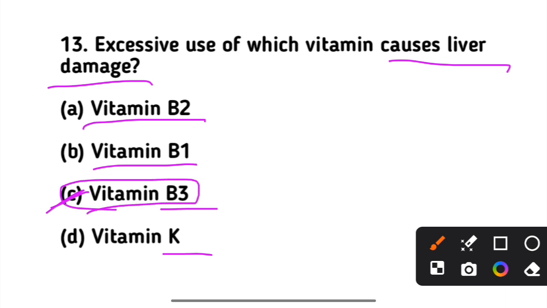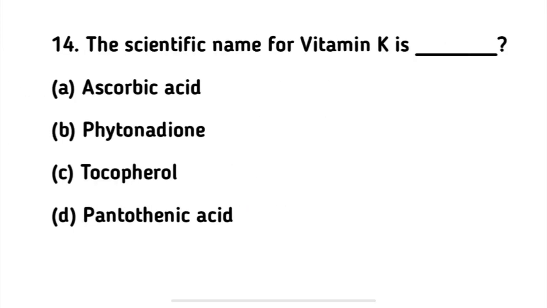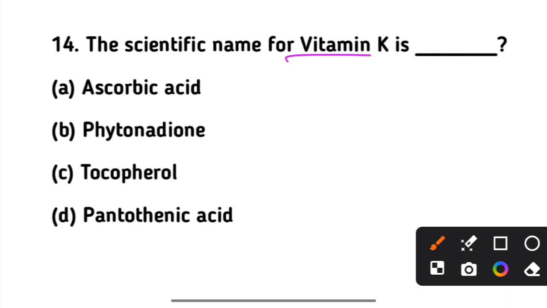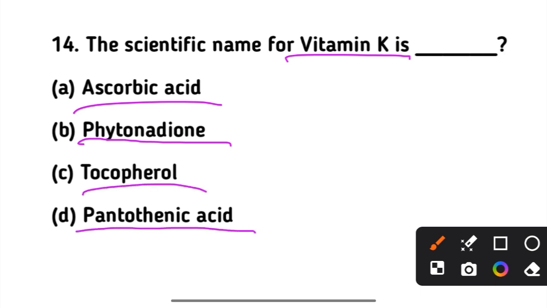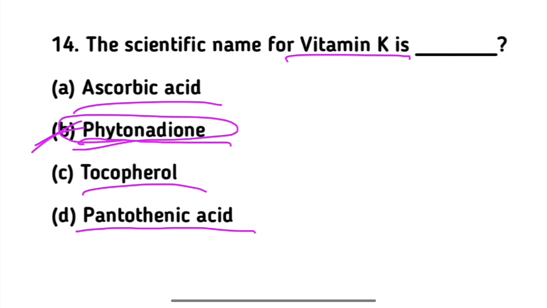Next, the scientific name for vitamin K is ascorbic acid, phytonadione, tocopherol, pantothenic acid. Option B is correct. Scientific name of vitamin K is phytonadione. Option B is correct. Next,